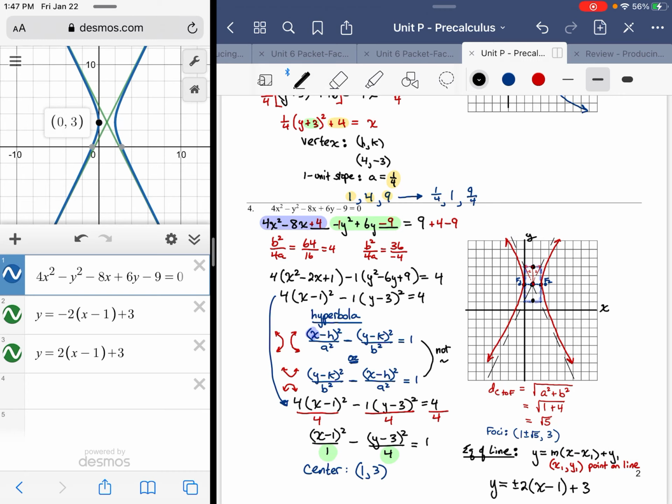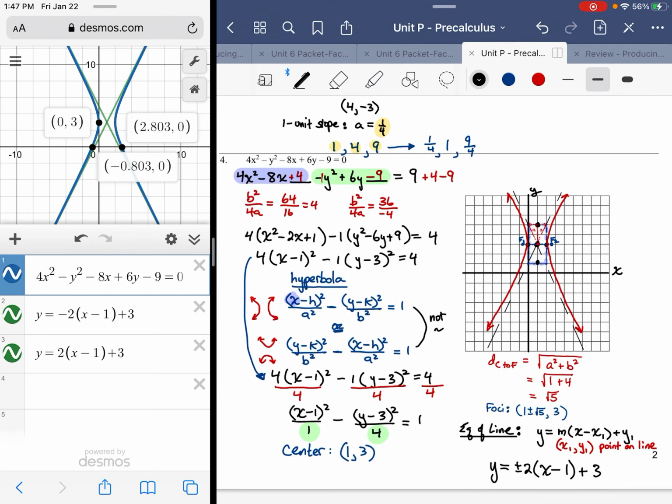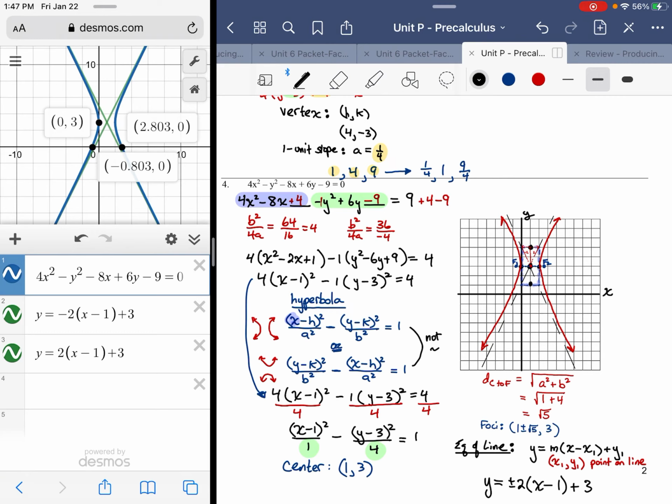It will present you with intercepts, though, which is great. If you just tap on those intercepts and any intersections between graphs, it'll always present that information to you too. So that's all good information. And so this video is a little bit longer, but as you can see, there's